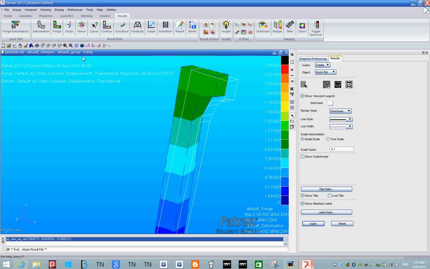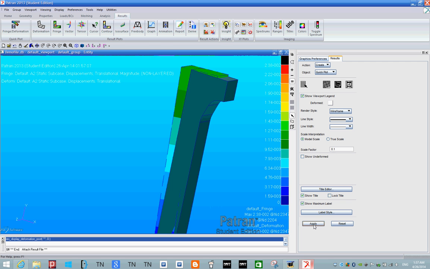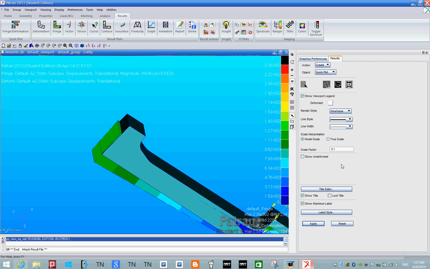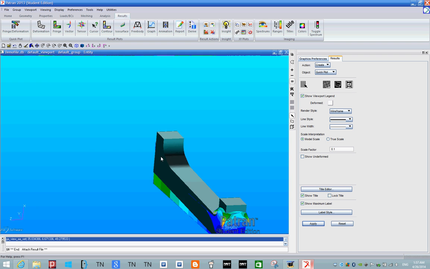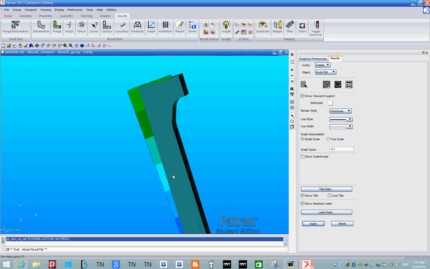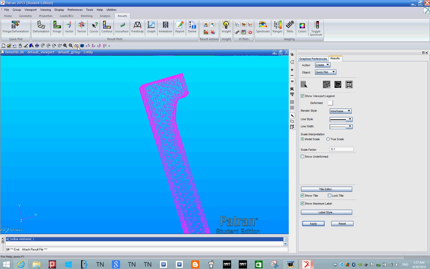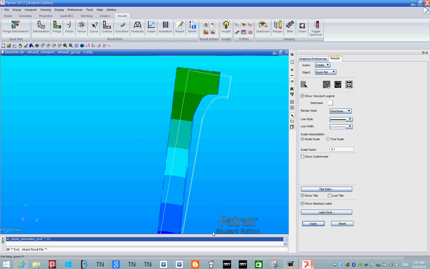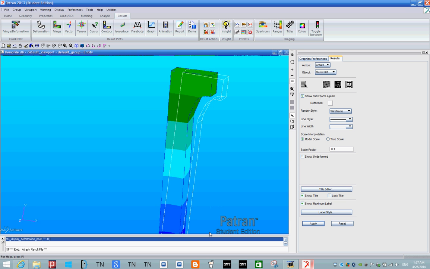Now, on yours, when you do this, you might actually see this. So hold on a second, let me apply this. You might see that. The reason you see that is because when I did it on here, when I turned off the show undeformed, I already set it to show me only wireframe. But if you still have it on smooth shaded, then it will continue to be smooth shaded just without the wireframe. So just click the wireframe, and now hit apply without show undeformed. And you know what, I rather like it this way. And I think for my project,